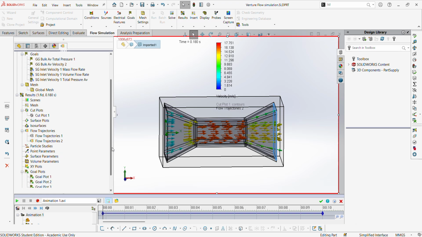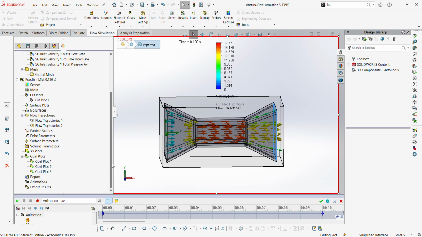And to continue working your Flow Simulation SolidWorks,